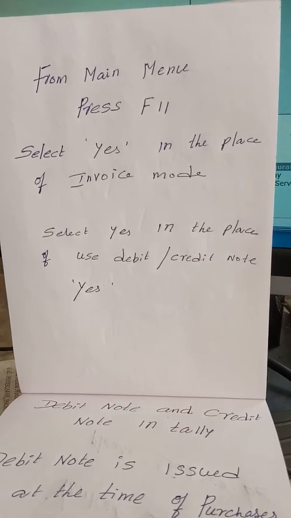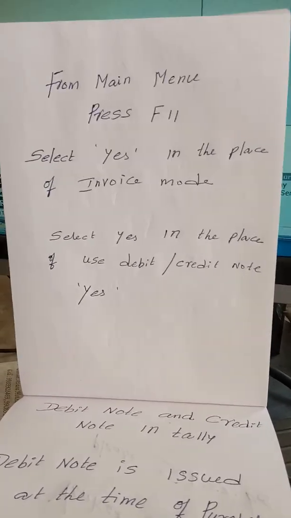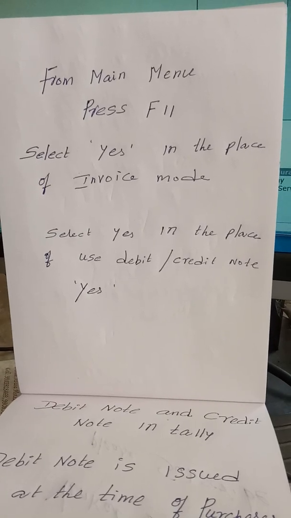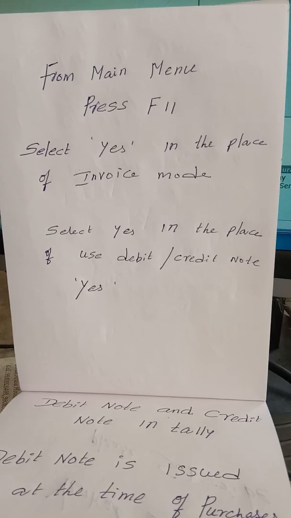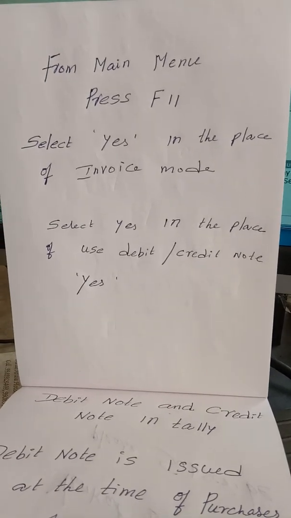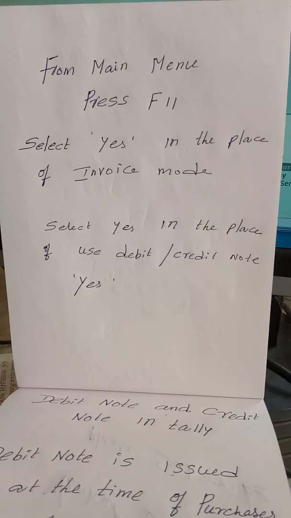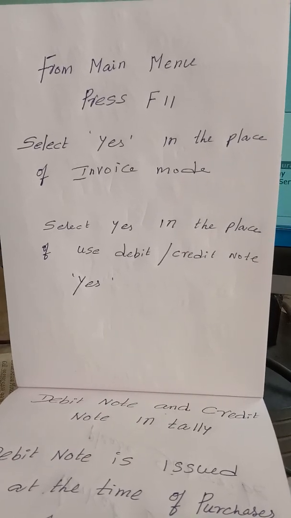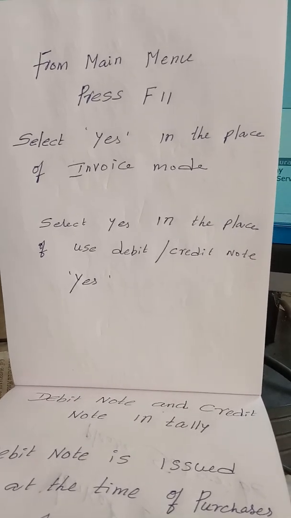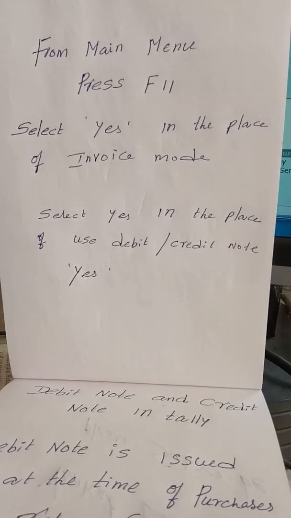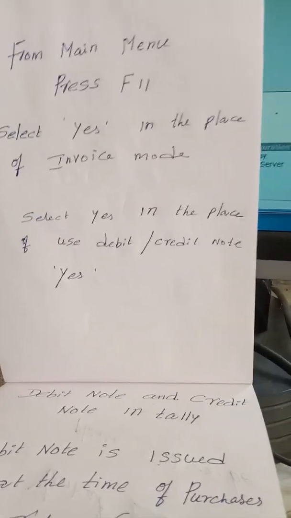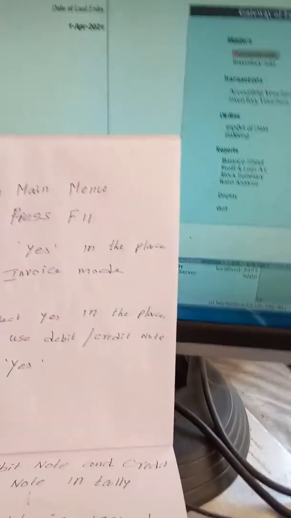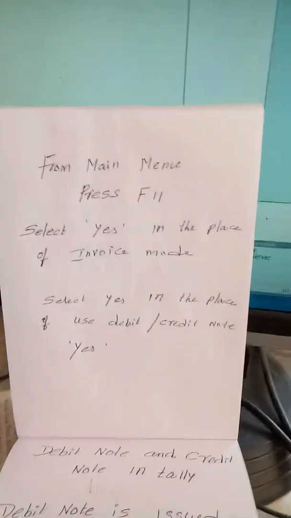There, select yes in the place of invoice mode. Invoice mode means it will make you an invoice, a bill, with the name of the supplier, with the name of the customer and all. How much quantity is being sold or how much quantity is being purchased, everything will be recorded together with the date and everything. That is said to be invoice mode. Then select yes in the place of use debit and credit notes. Yes. So let me show, my dear students, how, immediately after you create a company, from the main menu gateway of